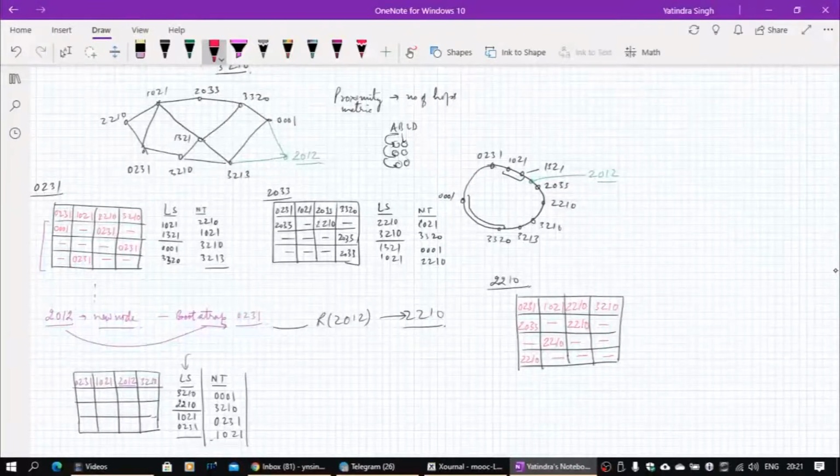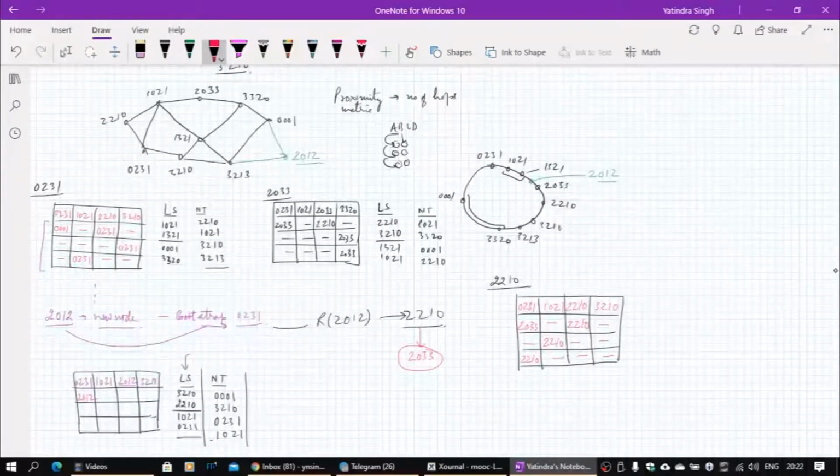So when 2012 will come here, it will try to do the match, and the better match will be now 2033 and 2210. So this will be the better match which it will get in the second layer. So it will hand over to 2033. So this query will be now handed over to 2033. But this routing table information will be sent back. Okay. So the first entry it has already prepared. It will find out if there is a better option, which is now 2012, which will keep it itself. Remaining entries are as it is, actually there is no new information. So from the second row it will find out this itself has to be there at 2012.